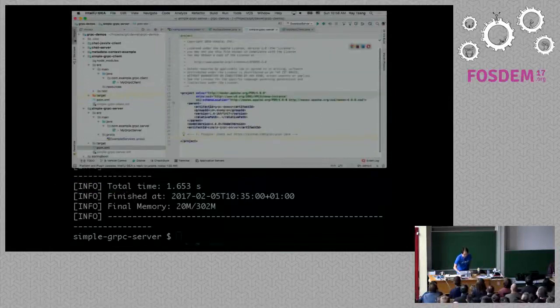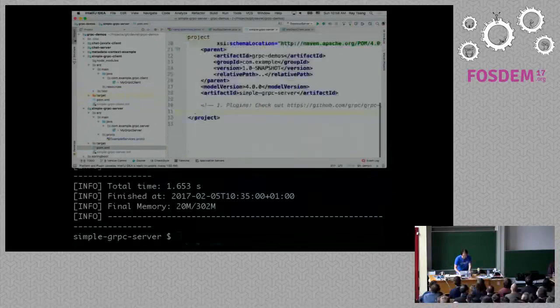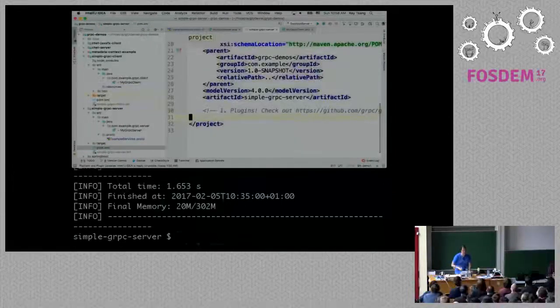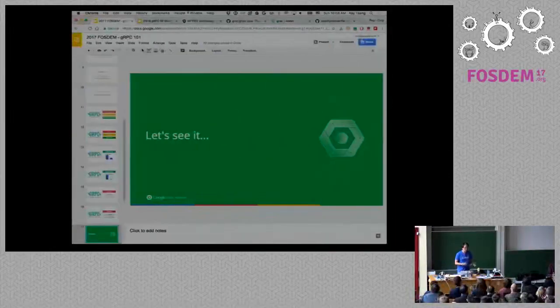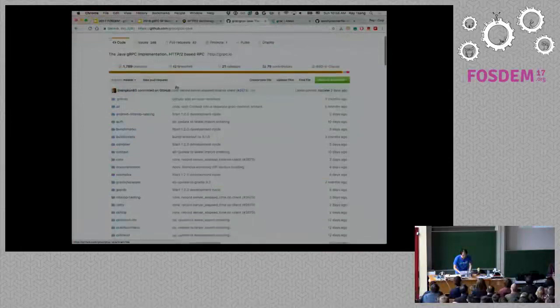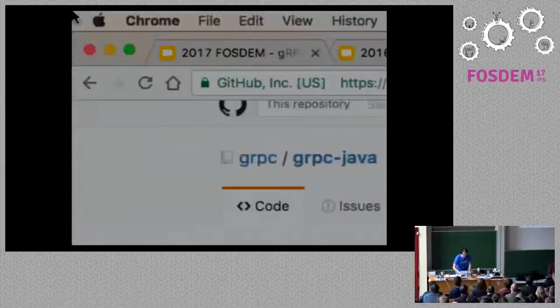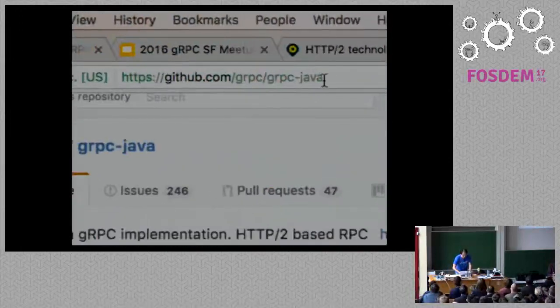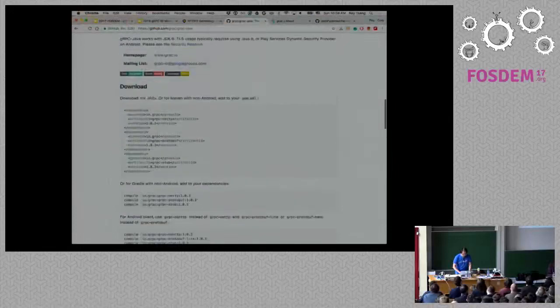Now, the next thing I need to do is generate the actual stubs. The generation of these stubs is a little bit different across different languages, but there is tooling for it. In Java, I like to use Maven, so you can use a plugin in Maven, or if you're using Gradle, you can use a plugin in Gradle as well. So what I can do is go to the gRPC page. Here is the gRPC source code, grpc/grpc-java, and they have different ones for different languages as well.